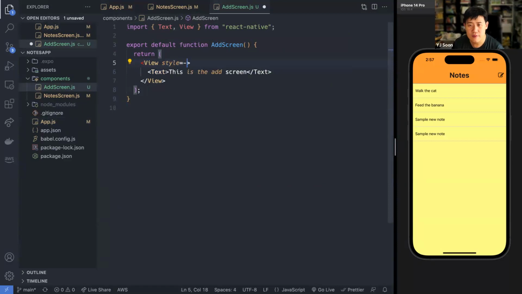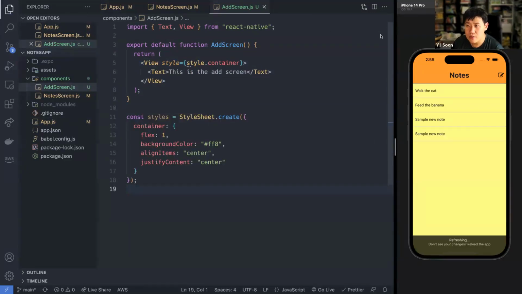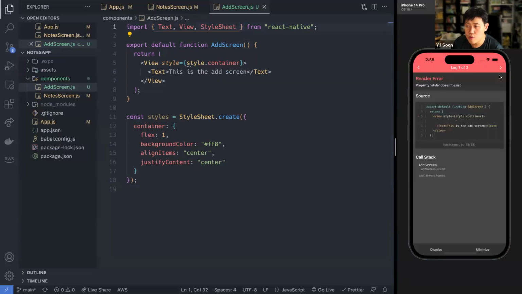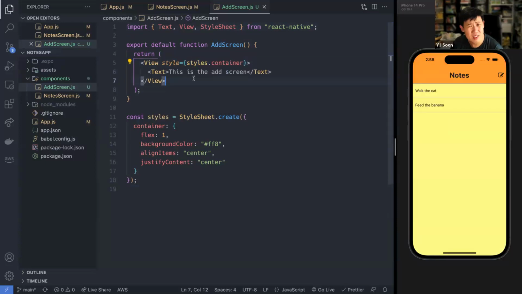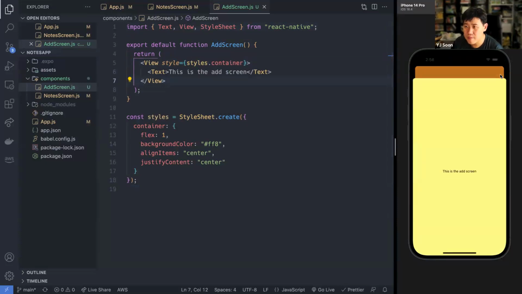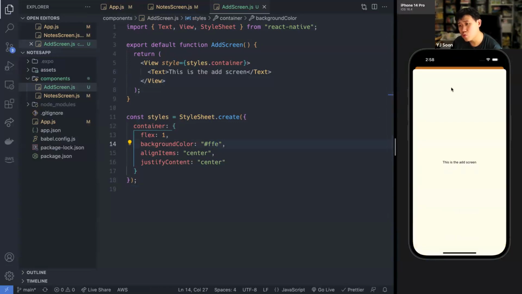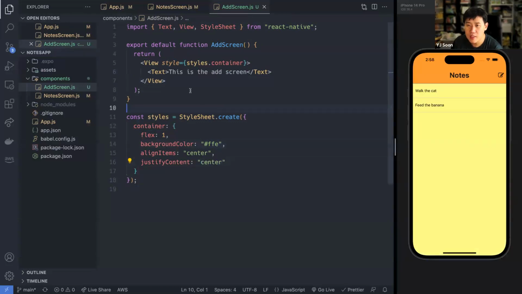I guess let's give it some styles. Style.container. Okay, let's bring back our container style. So that's one. Oops, style sheet doesn't exist. Let me go do that. Okay, so if I press new, whoa, style doesn't exist. Oh, sorry, styles.container. Always get this wrong. All right, so press this. Okay, slightly better. Maybe this one not so yellow. Let's make it a bit more white. FFE. All right, so FFE means just slightly red and blue, which I really can't tell that it's not yellow at all.